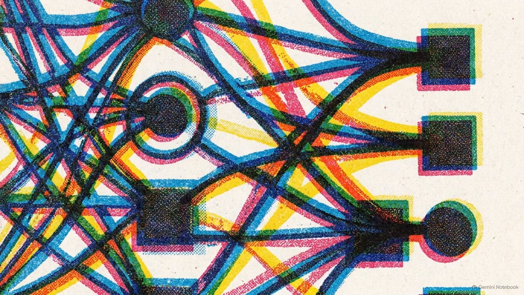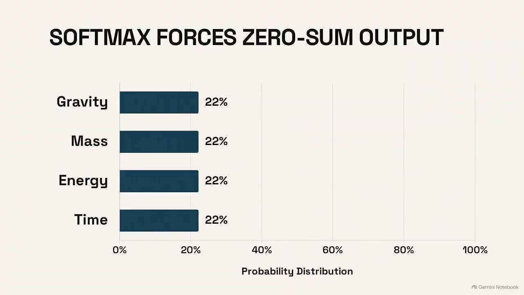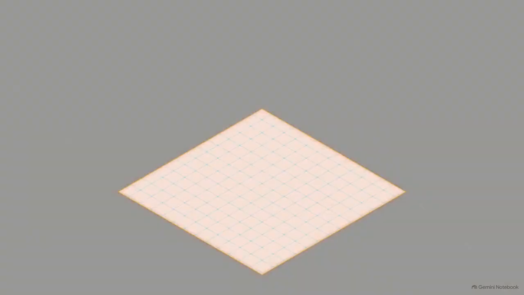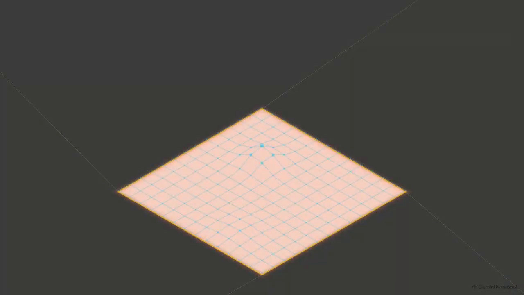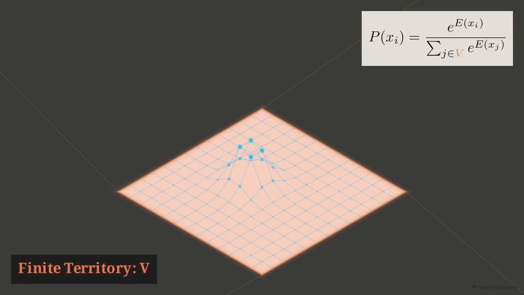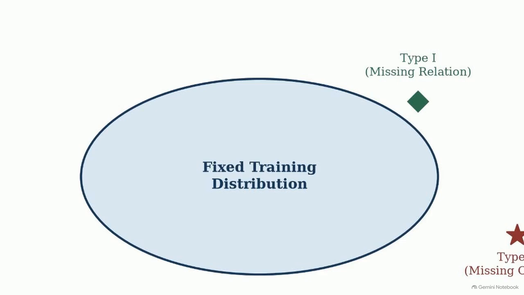To find the exact failure point, we have to look at the terminal Softmax layer, the final step where a transformer model calculates the probabilities for its next output. Mathematically, this layer is identical to a Boltzmann distribution in physics. It distributes probability across a fixed state space. Every answer the model can give must exist somewhere on this predefined grid of known tokens. Consequently, the system has no coordinate to represent the state where a verified answer is missing. It cannot say, "I don't know," as an addressable mathematical fact. This is why AI struggles with innovation.